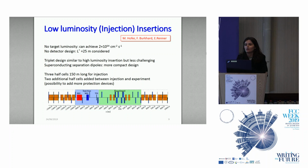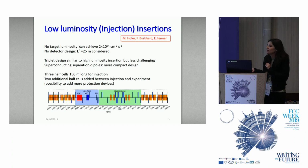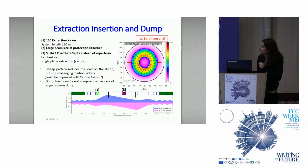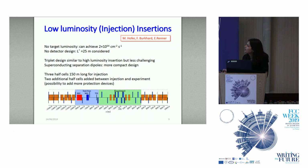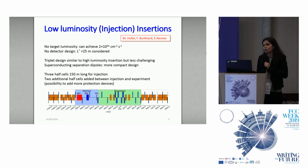The 2 low luminosity insertions are combined with injection, as is done in the LHC. At the moment, there is no target luminosity for these 2 sections. The present design can achieve 10 to the 34 with a free distance between the accelerator and the interaction point of 25 meters. The triplet design is similar to the high luminosity insertion, but of course is less challenging, having reduced luminosity. And in particular, here the 2 separation dipoles have been chosen to be superconducting, so a more compact design is